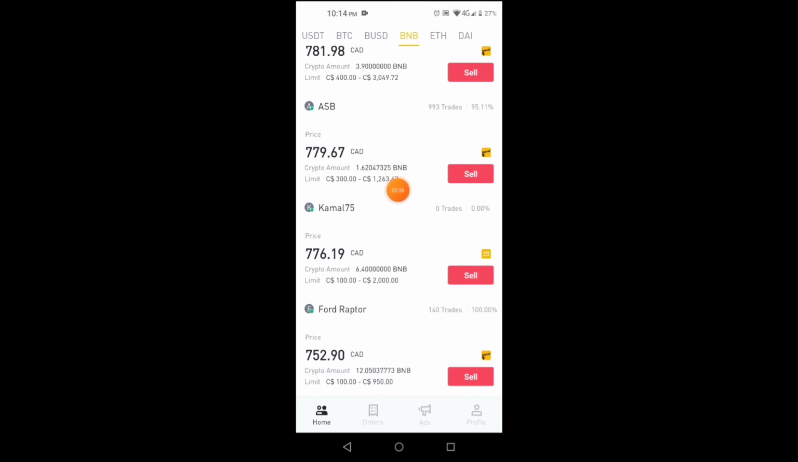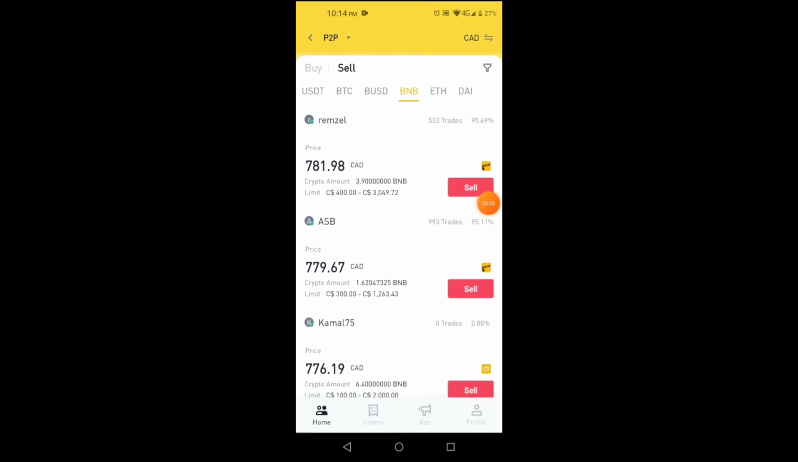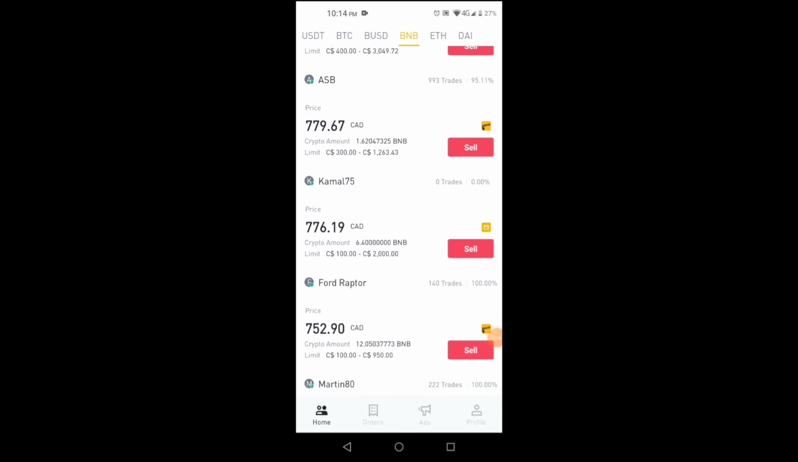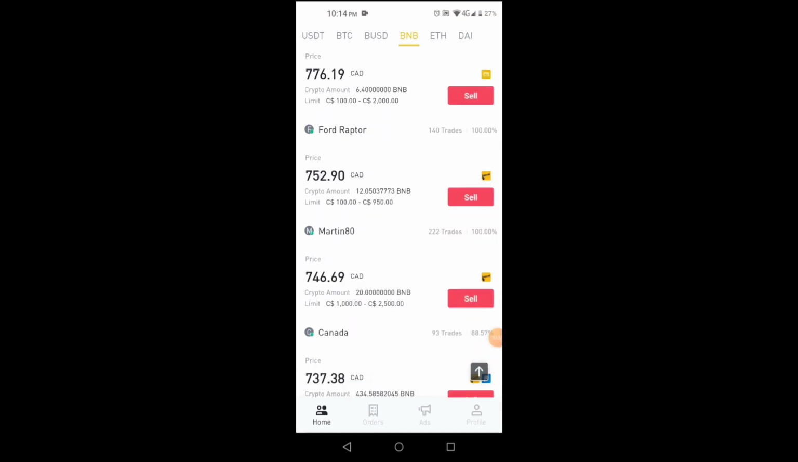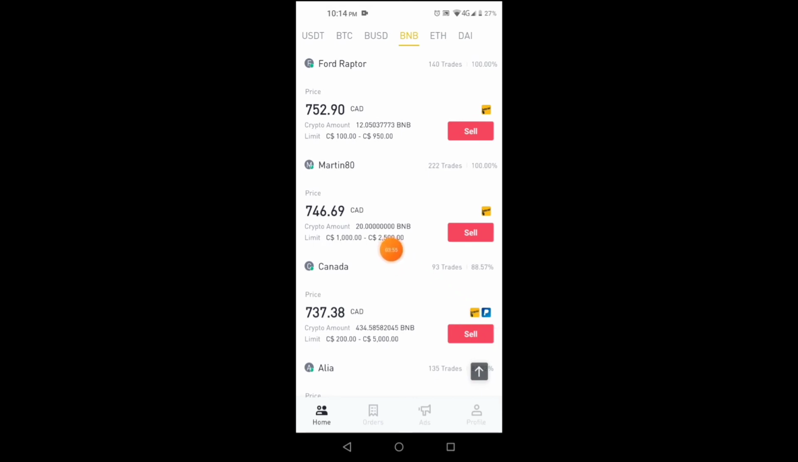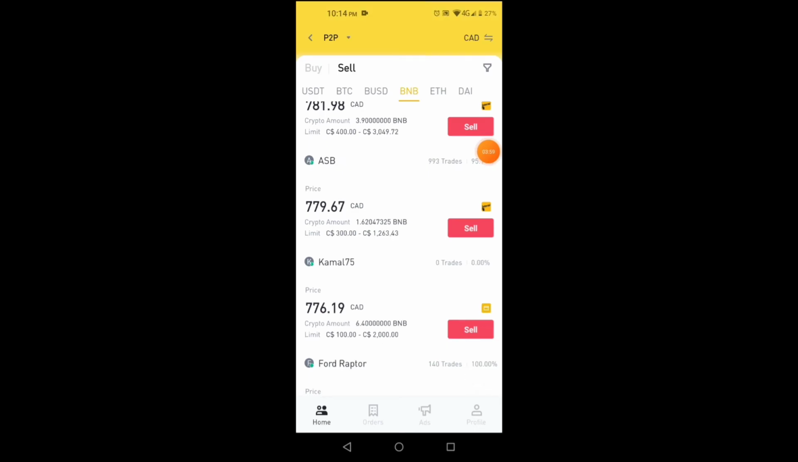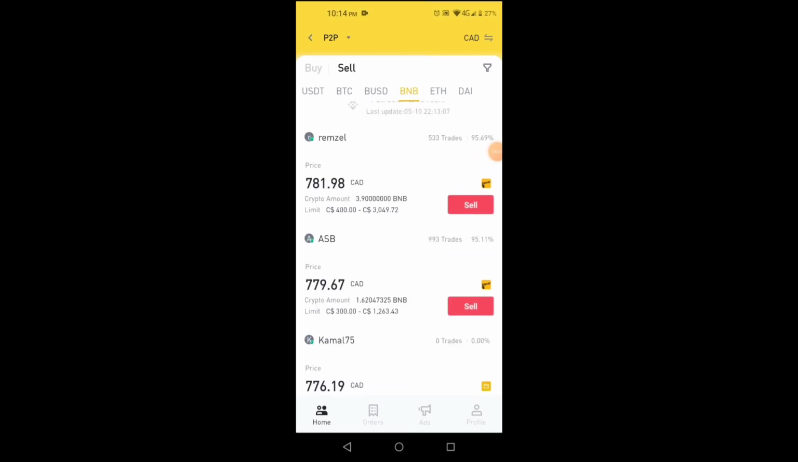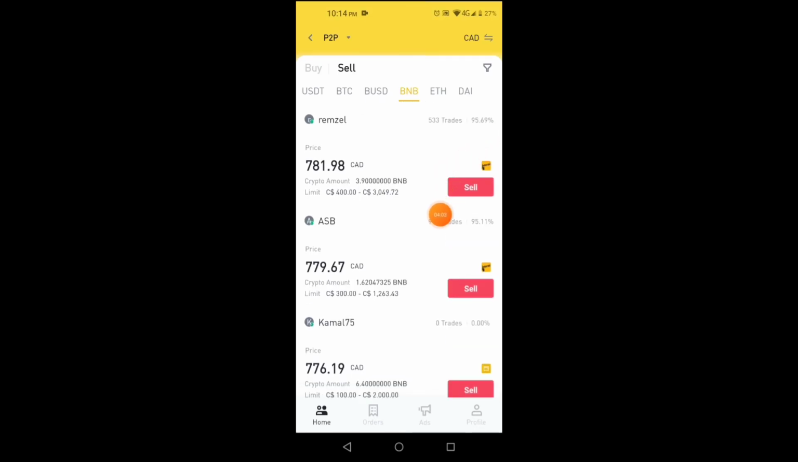And you also have to pay attention to the limit down here. This one is $400 to $3,000, and the second one is 300 to 1,000. Depending how much money you're willing to sell, you might have to move all the way down. This guy here has 1,000 to 2,500. Yeah, but the price goes down. So I'm gonna take the first one. I think 95% is okay. So I'm gonna click sell,